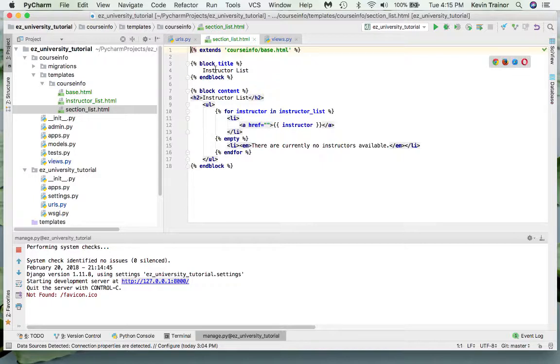Okay, so of course I don't want the title to say instructor list. I want it to say section list. Okay. I don't want the H2 to say instructor list. I want that to say section list. And then I would want the code to be a little bit more meaningful. So I want to say for each section in section list,